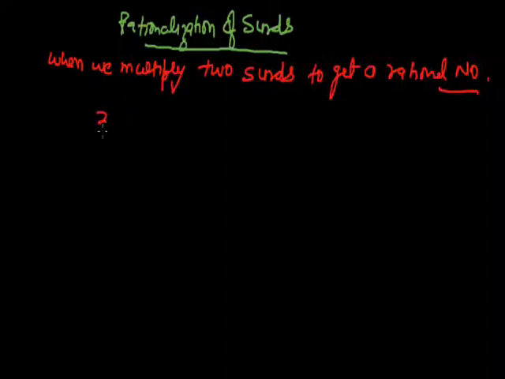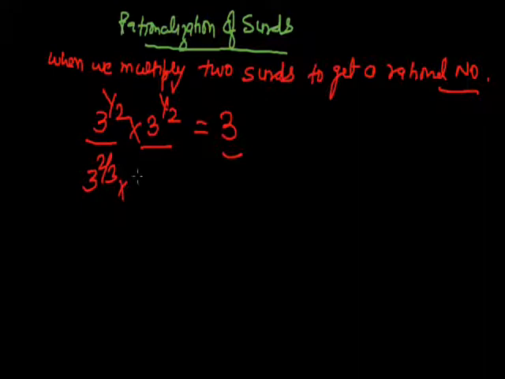For example, if 3 to the power 1/2 and I multiply it by 3 to the power 1/2, I'll get 3. Now, this was a surd, this is also a surd. Okay, so when I multiplied both, it gives me a rational number. So both are the rationalizing factor. So I can say 3 to the power 2/3, and if I multiply it by 3 to the power 1/3, then also I'll get 3. So 3 to the power 1/3 is a rationalizing factor of 3 to the power 2/3, or I can say 3 to the power 2/3 is a rationalizing factor of 3 to the power 1/3.